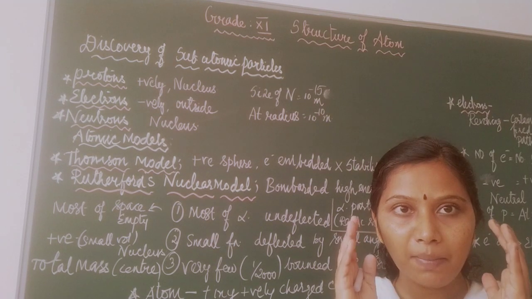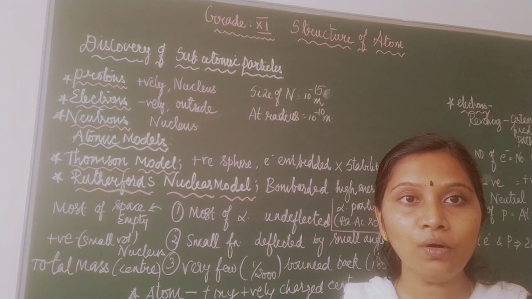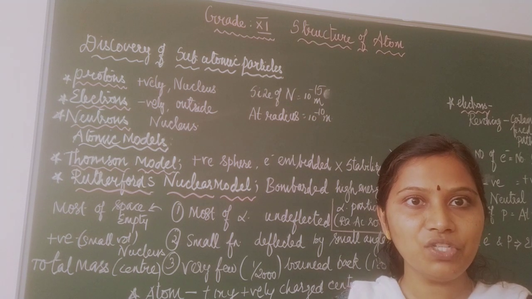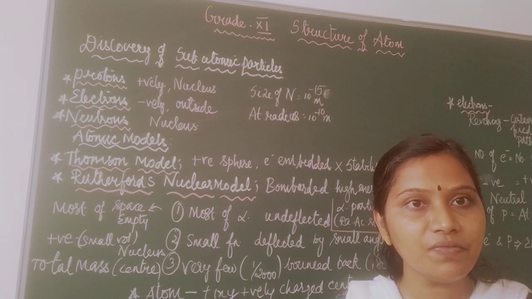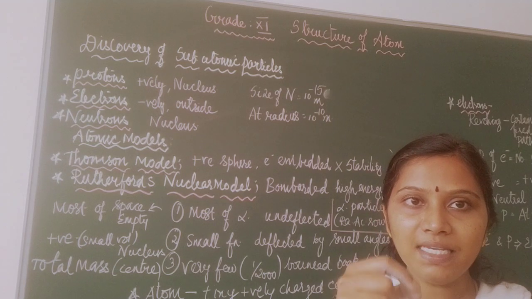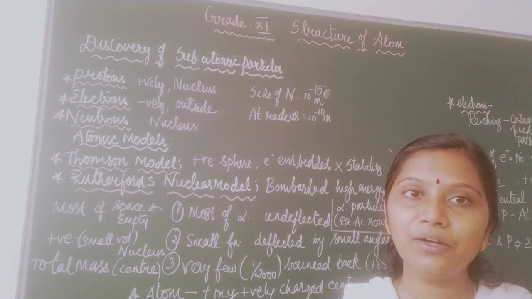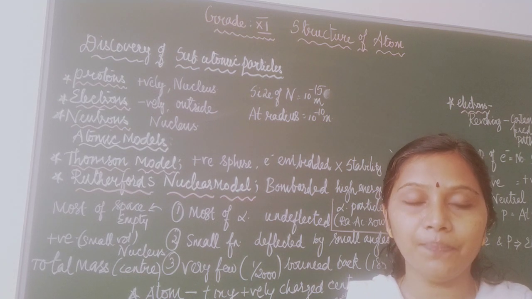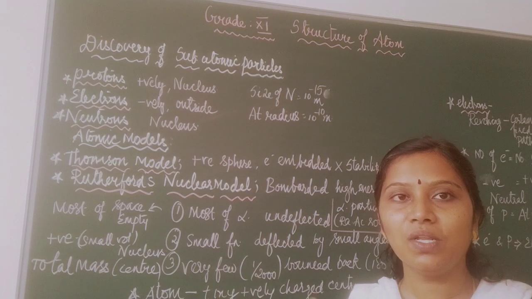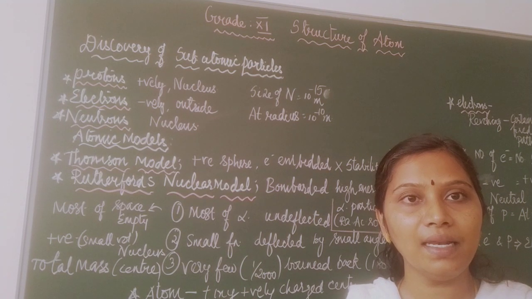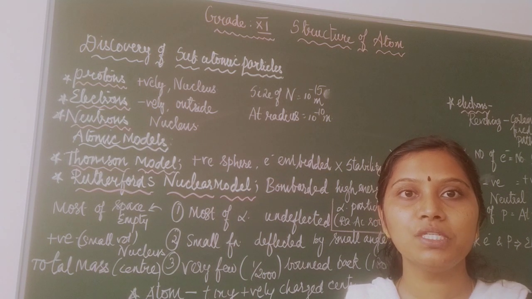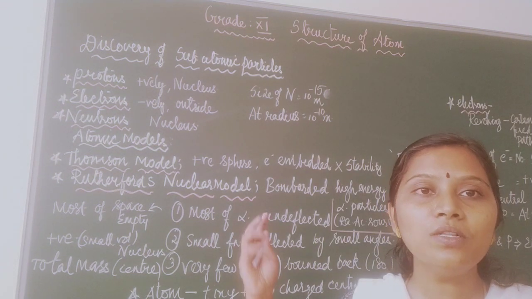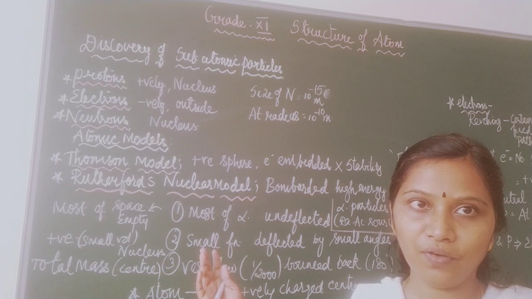You can also imagine Thomson's model as a watermelon, where the pink edible part is the positive sphere, and the black seeds embedded in it are the electrons, embedded in the positively charged sphere. But what about this model? This model is a failure because it didn't tell how the positively charged sphere is able to hold the negatively charged electrons. Also it didn't explain the stability of an atom.